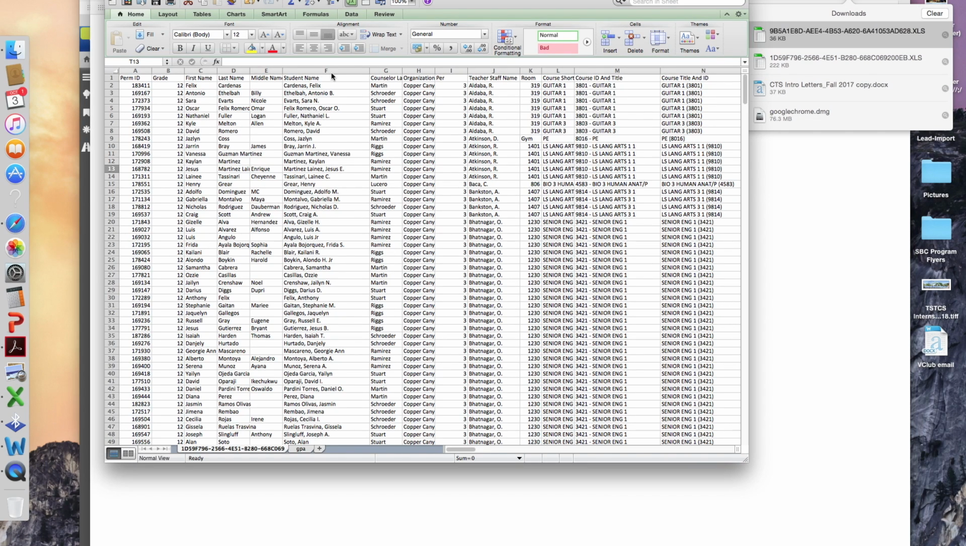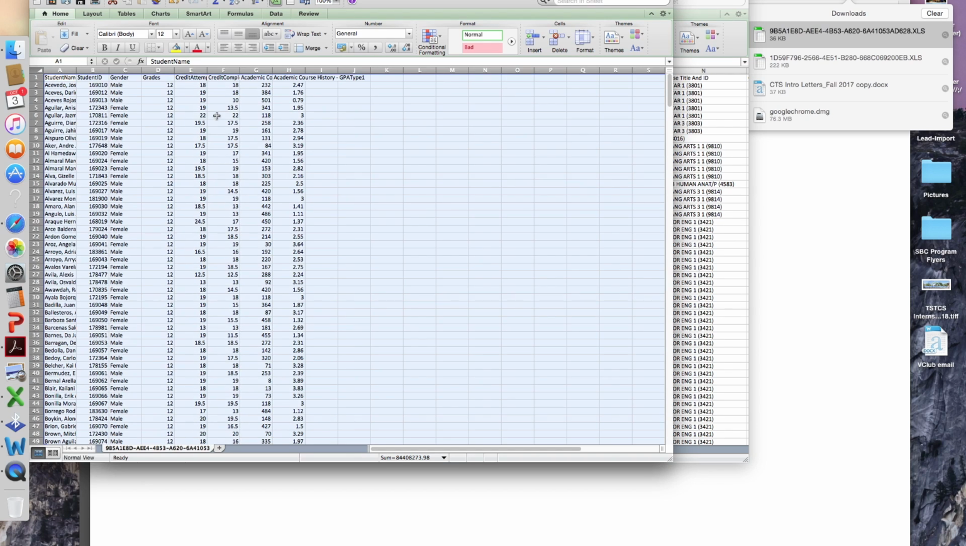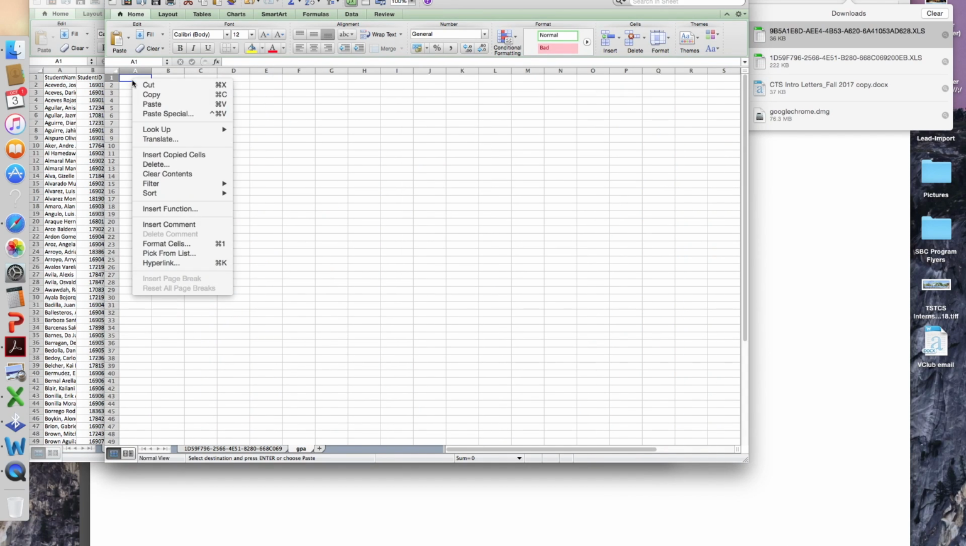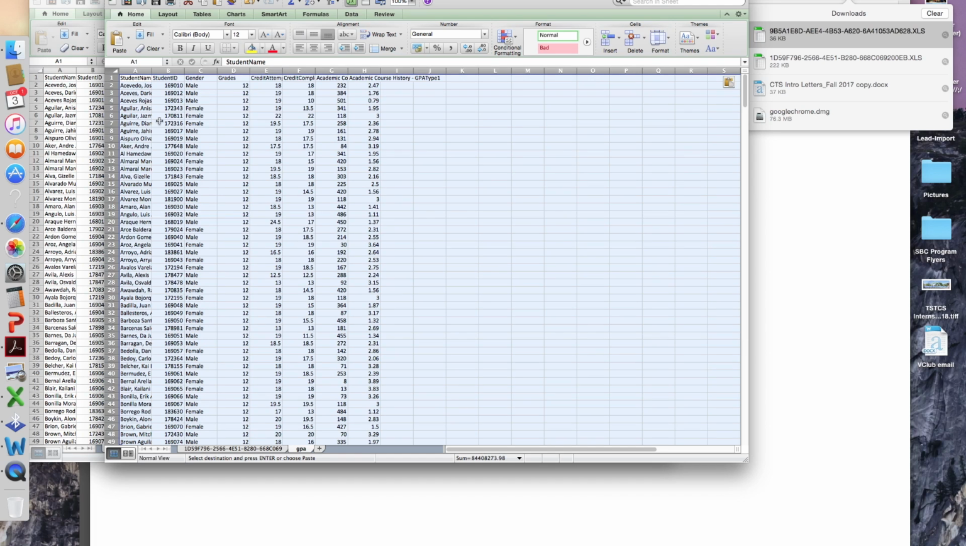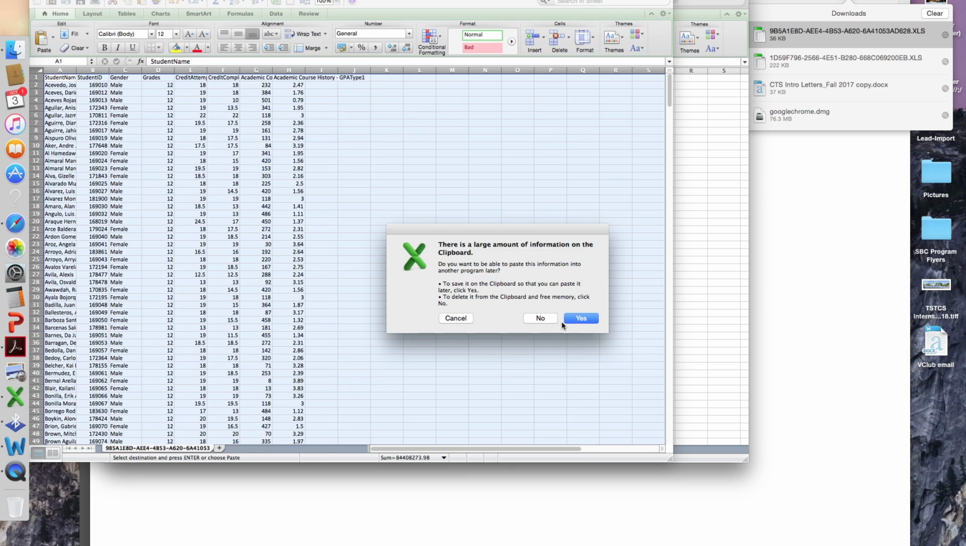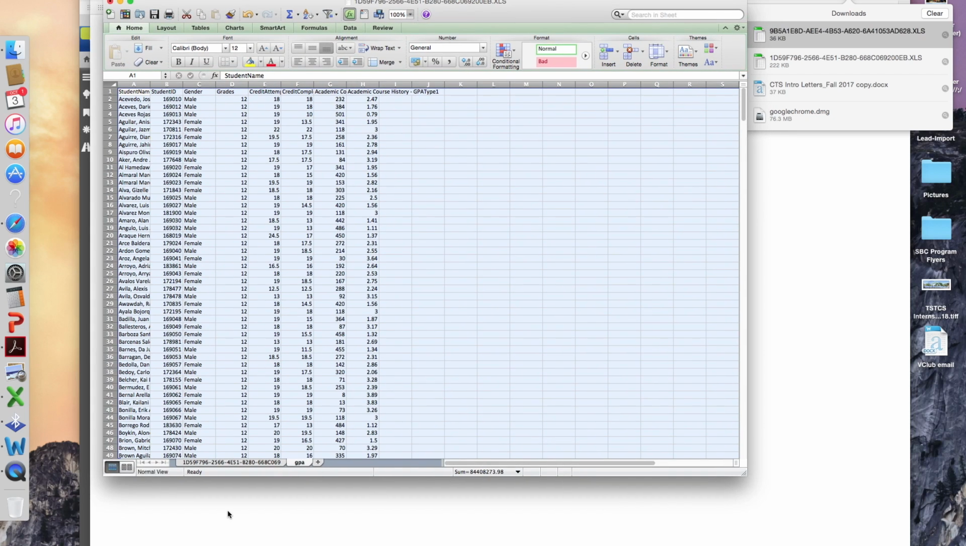I open it. I select all, because I'm using VLOOKUP to merge this information into a single sheet. So I go back to the other workbook and I get to the GPA sheet. I paste it. And now it's in one workbook. I don't need this other workbook, so I'm going to select no. I don't want to save anything on the clipboard. Now I'm just working out of one workbook